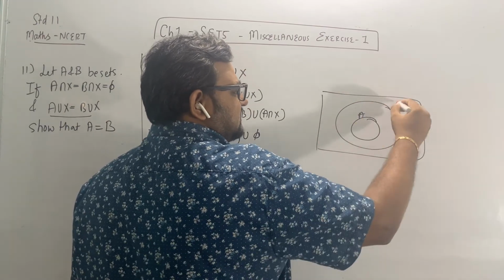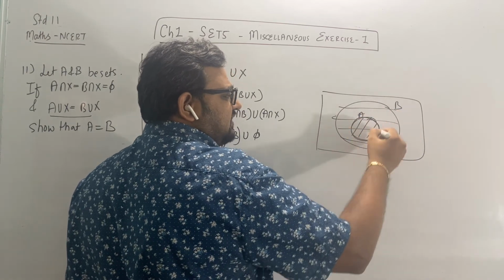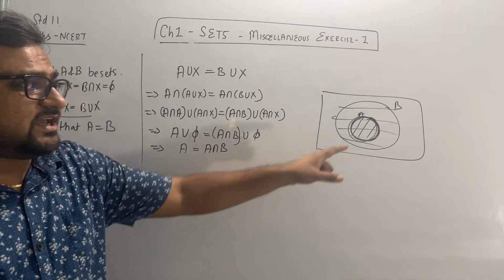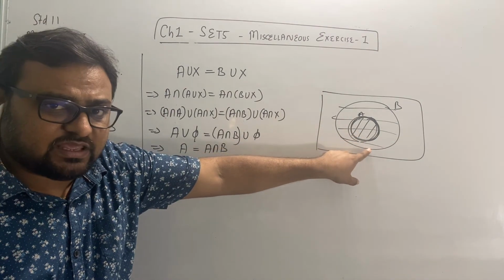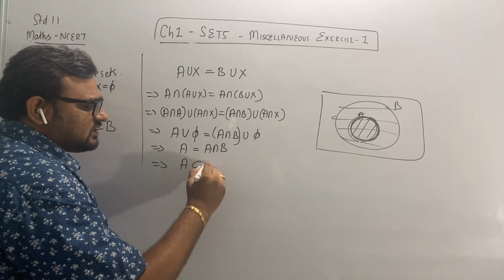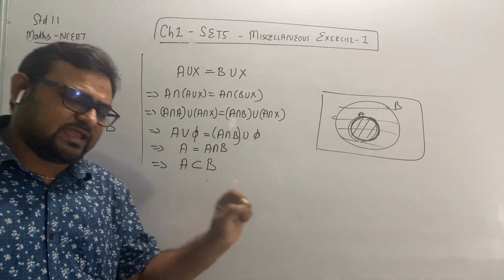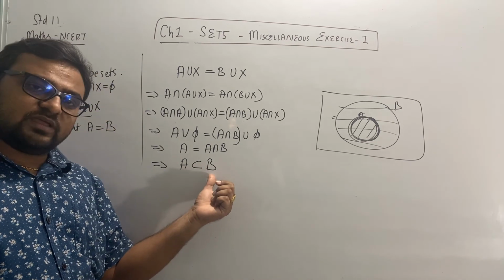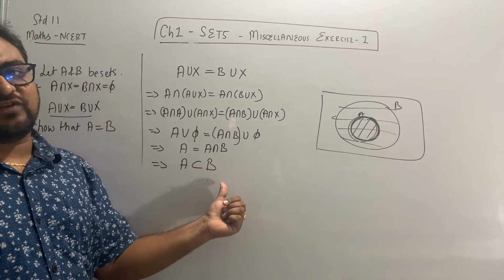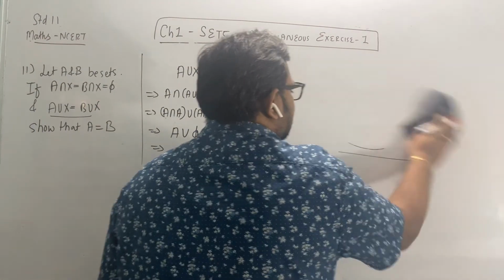Set A and set B. This is A and this is B. So this will be the common region, A intersection B, that is equal to A. So what happens in this case? All the elements of A are present in B. So in this case, I can write it down: A is a subset of B. See, you can see here. Whenever A is equal to A intersection B, then A is a subset of B. If B is equal to A intersection B, then B is a subset of A. Clear? Okay.